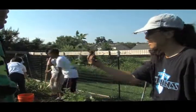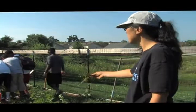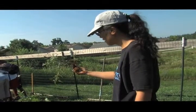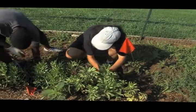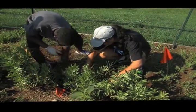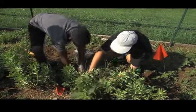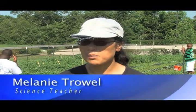See those thorns? Melanie Trowel is the science teacher at Carter G. Woodson Academy and leads the school's Eco Club. She says the students are learning everything from how to do research to how to present the results in a research paper. We did a week camp where we taught them how to write a research paper and how to